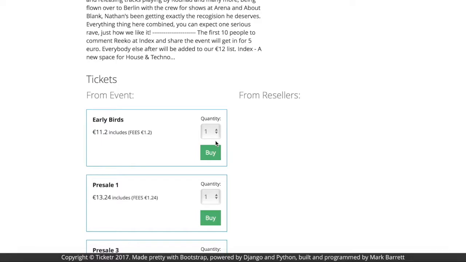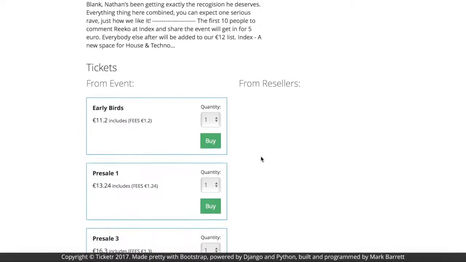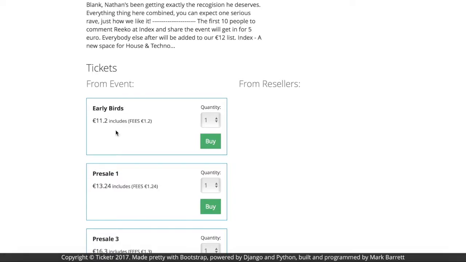But the reason why they're both there is because it's cool to sometimes give the option to let users resell their tickets. It's easy for them to get rid of them if they can't go and things like that. And it's benefiting a lot of people if they can give them to someone else who can go. However, there are some settings in the event dashboard, which I'll show you in a bit, that you can change as an event owner so that you can maybe not let people resell tickets, or only let them resell tickets once it's sold out, or maybe only once a certain number of tickets have been reached or something like that. But that's always an option.